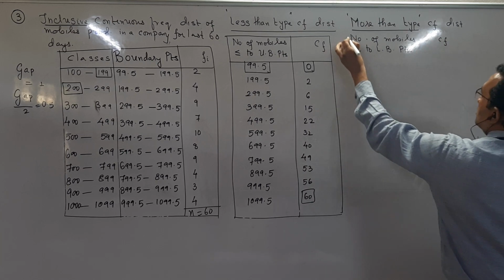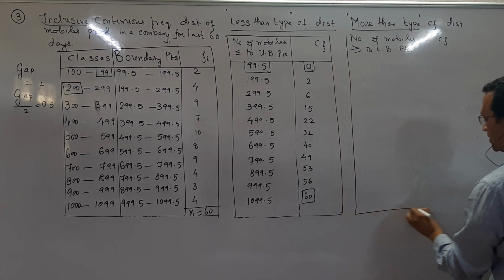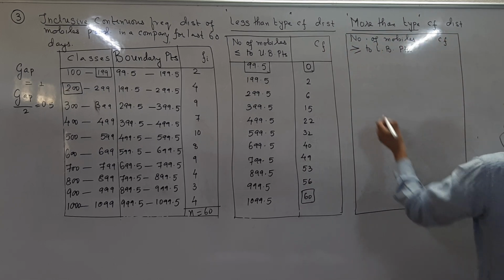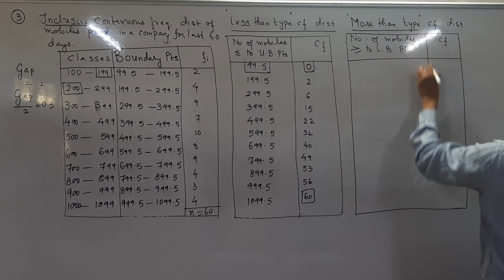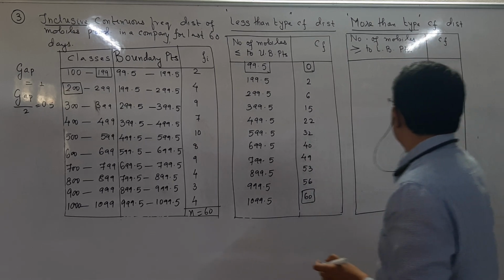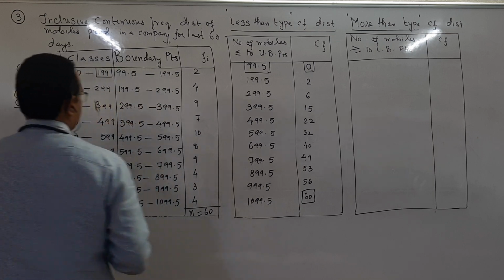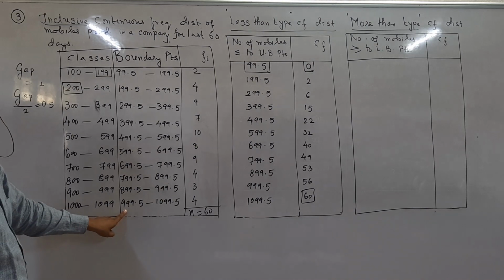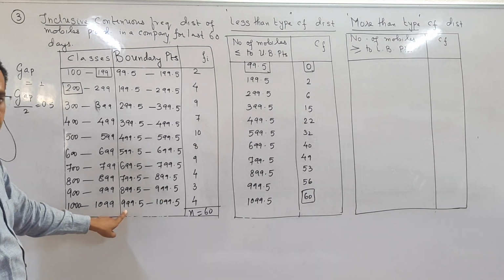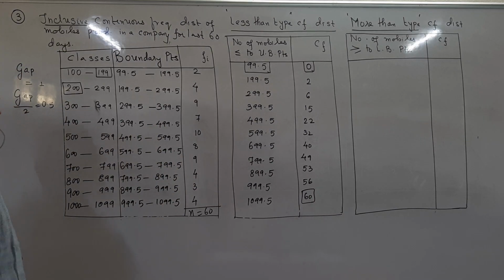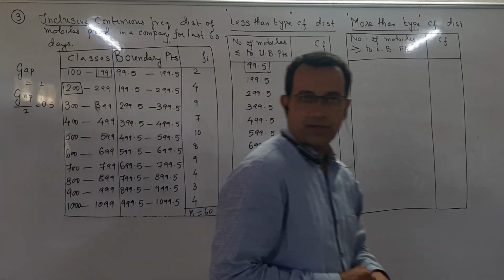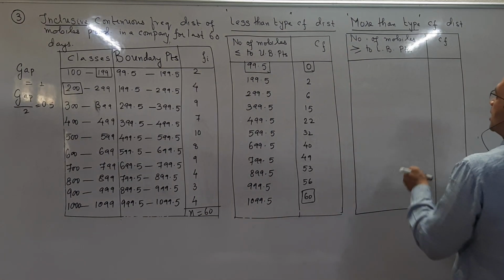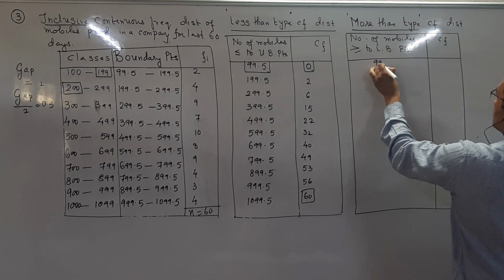Second column, corresponding CFI. Now, lower boundary points are from 99.5 to 999.5 only, but as a general practice, we write a value after that. So, in short, all boundary points are covered. But technically, according to definition, we have to write lower boundary points which start from 99.5,